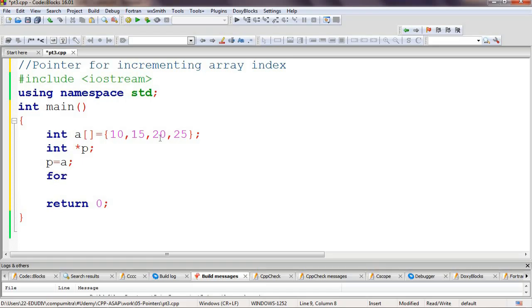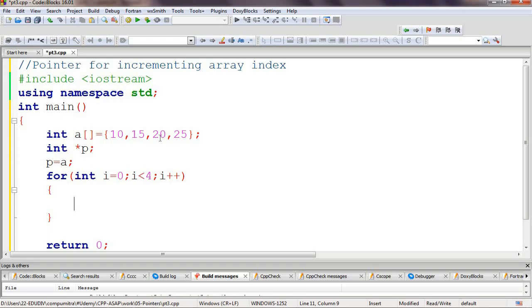So we'll write a for loop the way we write for arrays. This is a standard for loop, and here I am using this fixed value just for quick understanding, because this has 4 members, and I am now creating a program which will use this pointer. Now the first member will come using this, and subsequent members will keep coming,